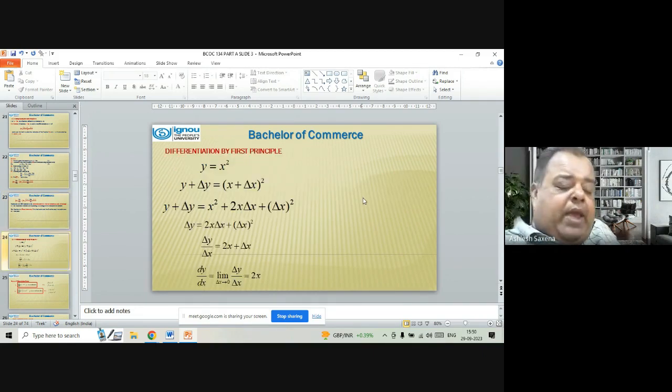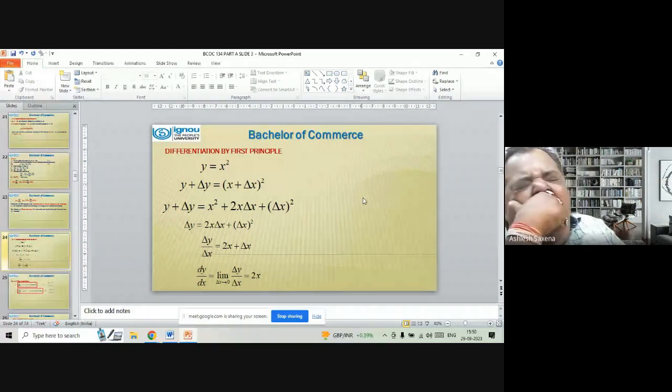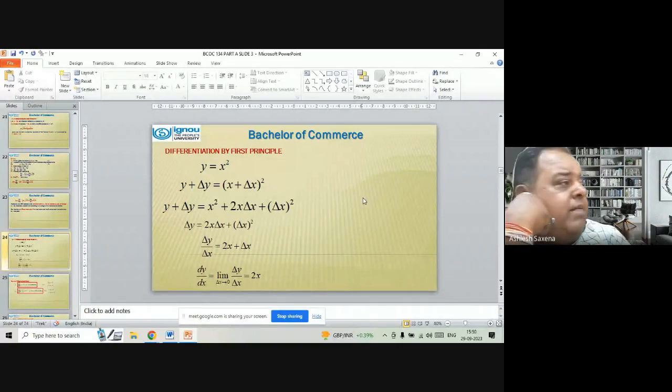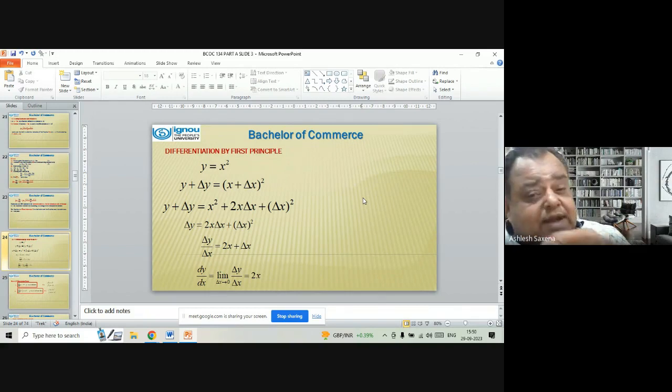Now, we will be applying the first principle to this function. The function is y = x squared. If you remember, we were asked to add small increments delta x and delta y on both sides. So y + delta y = (x + delta x) whole square. Now we will be opening this, as (a + b) whole square is a squared + 2ab + b squared. So we will be left with,